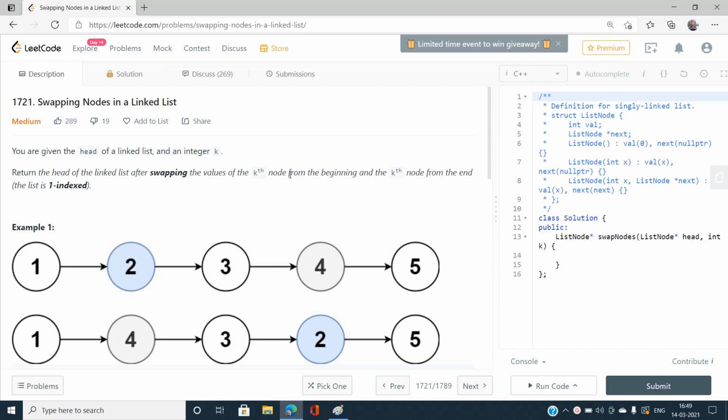Okay, so how we are going to do this in the most efficient way, that is in a single traversal without using any extra space like an array. So how we are going to do this problem with an efficient approach? Let's move further to first analyze this problem with the help of an example, and see how we are going to approach this question.